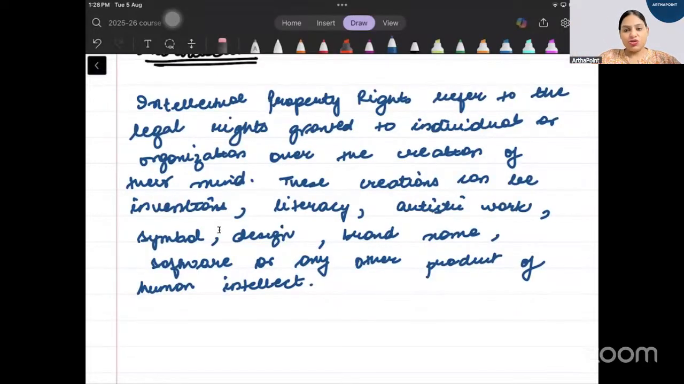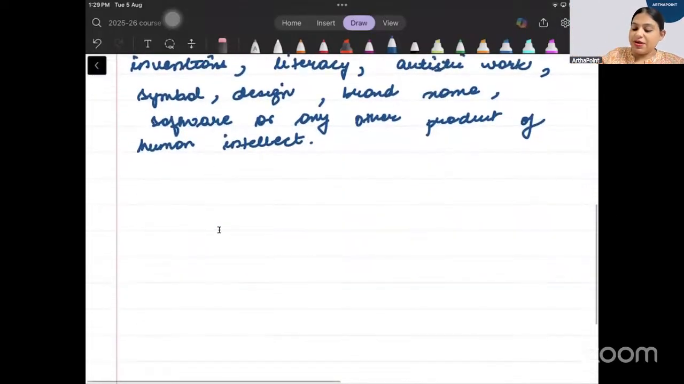Any invention, any literary work, any artistic work, कोई भी सिंबल अगर आपने डिराइव किया, कोई भी डिजाइन अगर आपने बनाया है, कोई भी ब्रांड नेम, like Artha Point can be my IPR, right? Any software, any product of human intellect, that can be your intellectual property. You can earn a राइट ऑन इट, लीगल राइट ऑन इट, ठीक है।